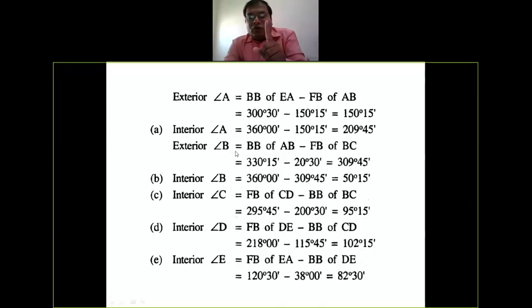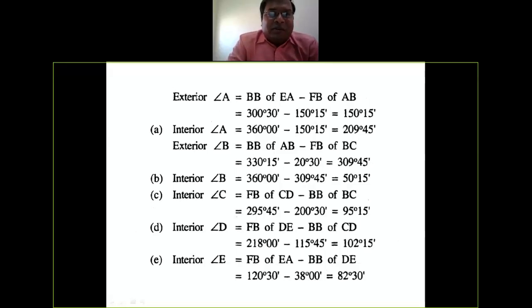हर स्टेशन पर आपको 2 रीडिंग लेना है, एक फॉरवर्ड डायरेक्शन में, एक बैकवर्ड डायरेक्शन में. मान लो आप B स्टेशन पर हो तो आपका एक रीडिंग कौन सा आएगा? फोर बेरिंग मतलब B to C, और बैक बेरिंग क्या आएगा? B to A, like that. तो आपको सिंपल क्या करना है? डिफरेंस लेना है. और ऐसा कोई रूल नहीं है कि फोर बेरिंग में से बैक बेरिंग घटाना है या बैक बेरिंग में से फोर बेरिंग घटाना है, जो बड़ा उसमें से उसको घटा दो।